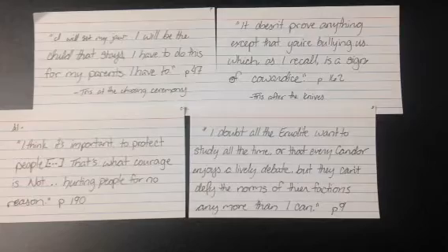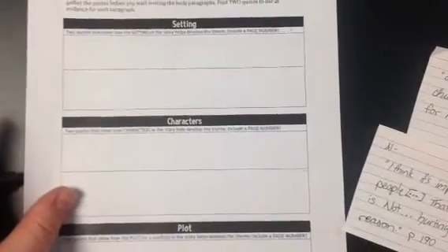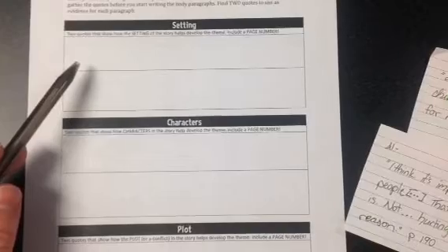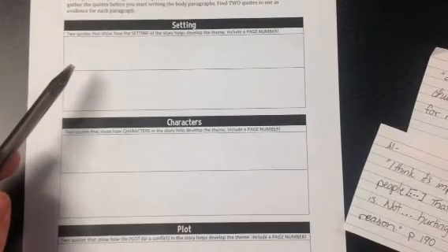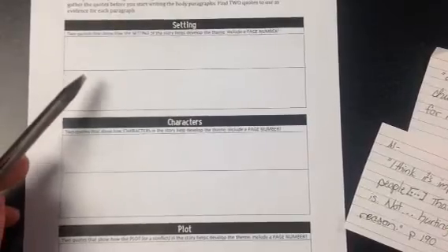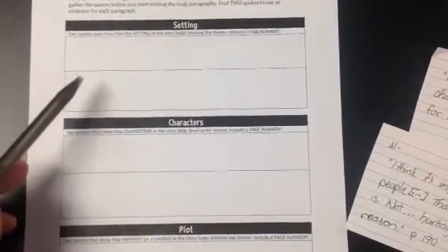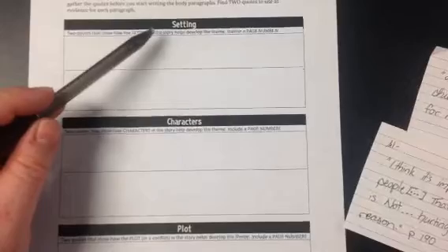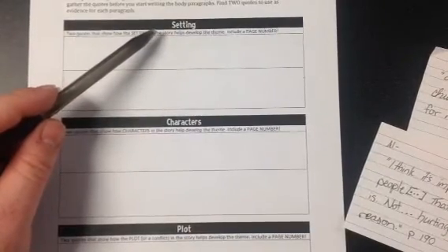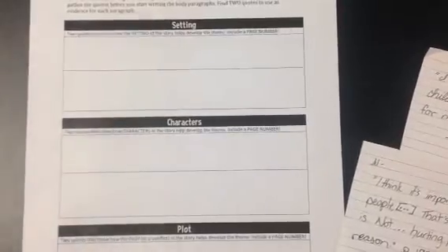Now, I would set out all of my quotes. I'd probably want to read through them one more time just to remember what I have. And then I would start going through and looking for the best quote for each one. So for the setting, I need to figure out how the theme, and maybe the theme that I'm going to write about is that you should not let outside forces determine the kind of person that you're going to be. So I would want to find some clues from the setting that start to point towards that theme, that message about life. And I think my best option out of the ones that I have was actually this early one